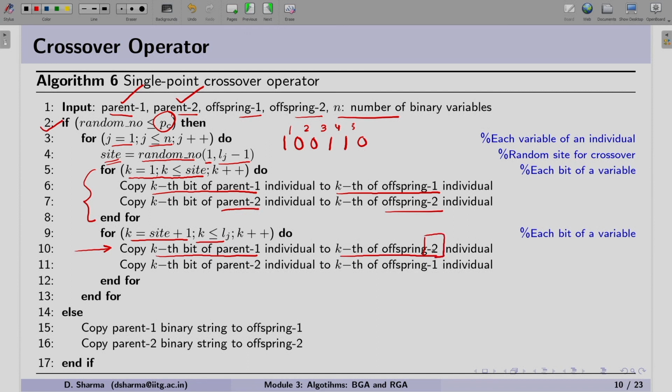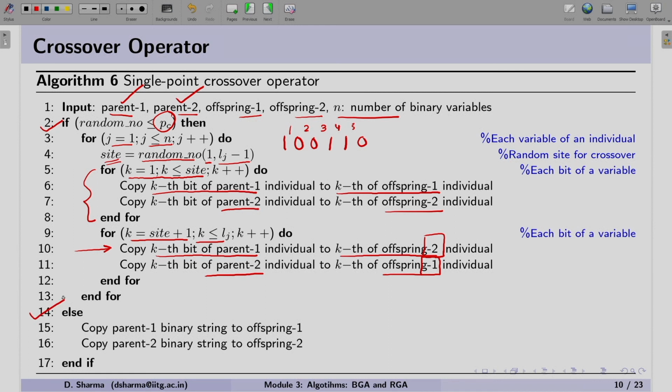So we have swapped the tail. The bit of parent 1 is now copied to offspring 2. Similarly, the kth bit of parent 2 is copied to offspring 1. These are the two important things which say that we are swapping the tail. Once it is done, we have performed the single point crossover operator.